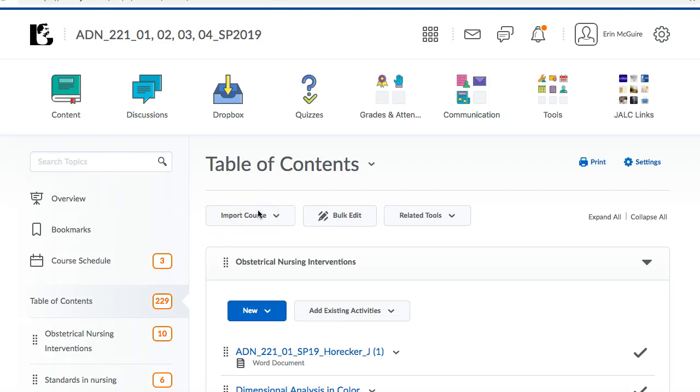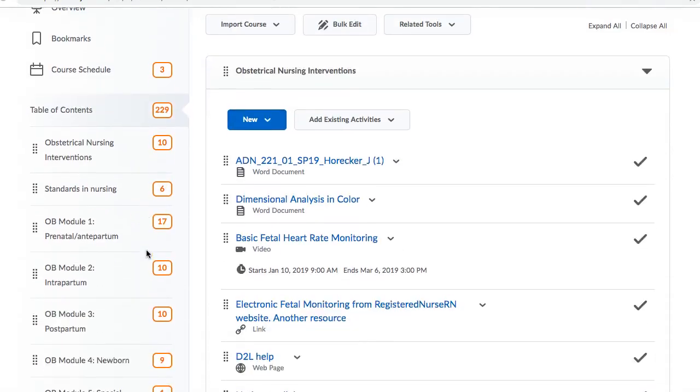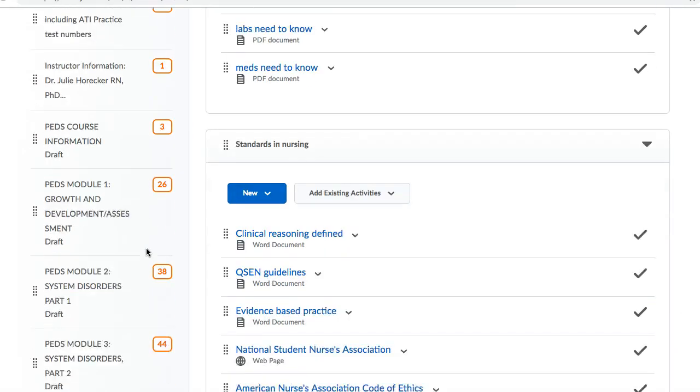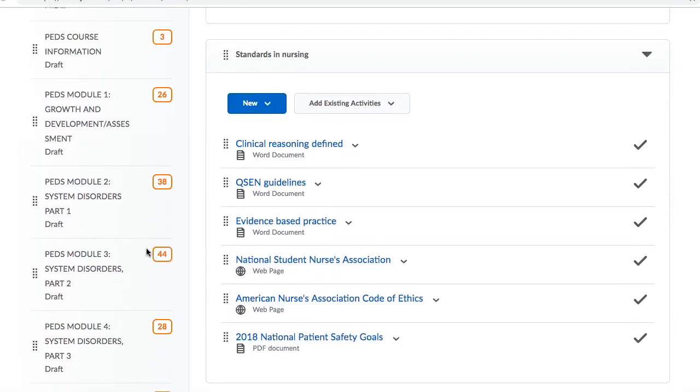Hi ADNs. So now we're going to go ahead and look at my D2L site. I will be opening this stuff as soon as OB is done. So here is where PEDS is going to start. I've got it all drafted right now because, again, I don't want you guys to really dive into it until OB is done. So I will have my PEDS course information,